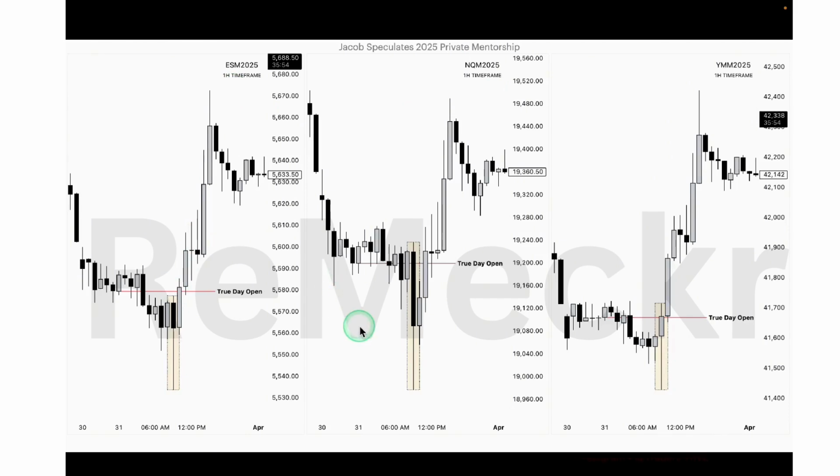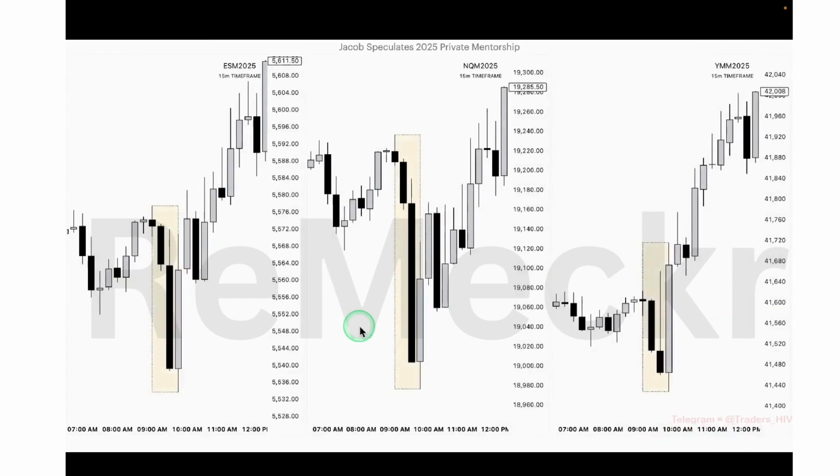But going from the 1 hour time frame to the 15-minute time frame, this would be candle 2 through the lens of the 15-minute time frame on all of the assets. As you can see, since the S&P and the Nasdaq were weaker compared to the Dow, neither the Nasdaq or the S&P had that change in the state of delivery within candle 2. So the reversion level was off a little bit. But as we can see, the Dow created that change in the state of delivery on this candle right here. So this candle's close is higher than this candle's open, this being the lowest down close candle of candle 2, which still validates the Nasdaq and the S&P.